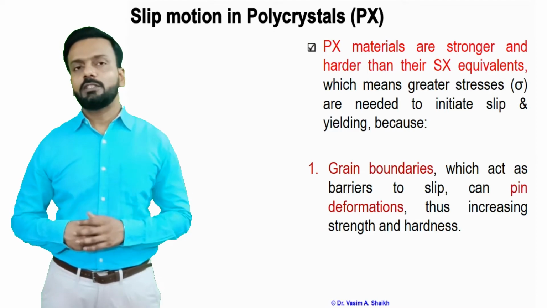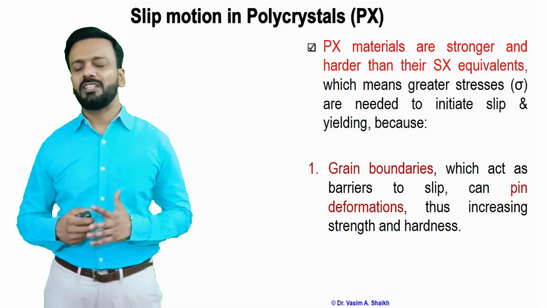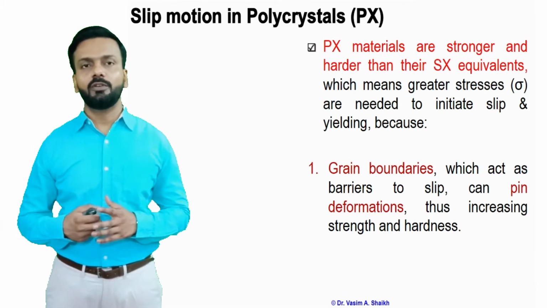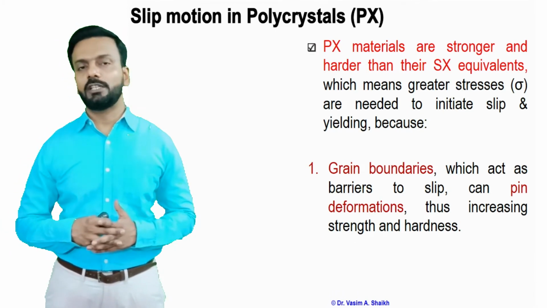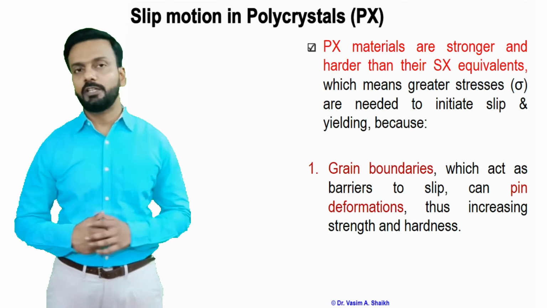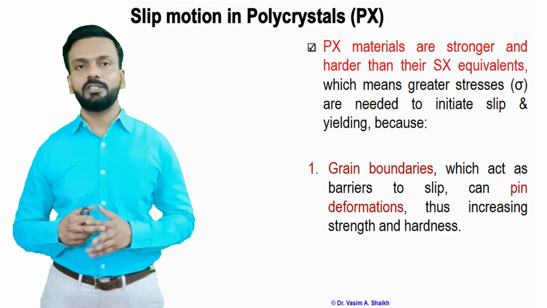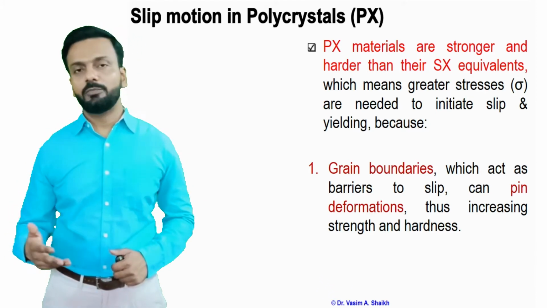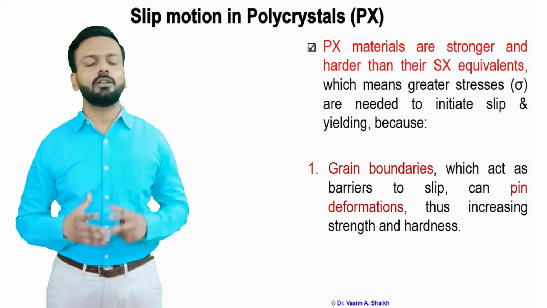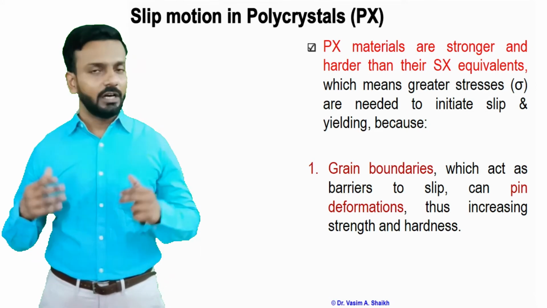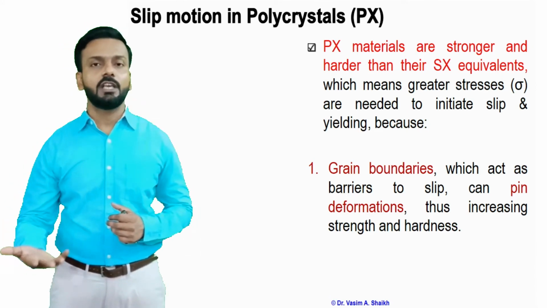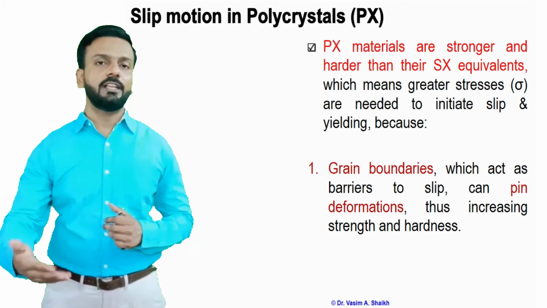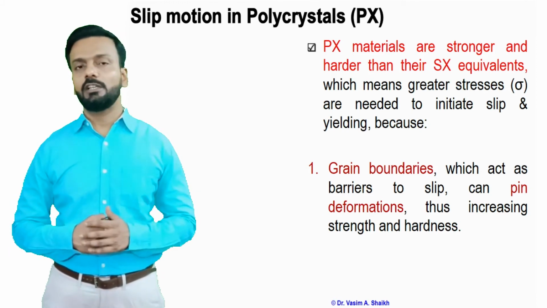Now, the polycrystalline material is generally very strong because of the multiple grains, and because of that it is much stronger than the single crystal equivalent of the same material. Which means we need a greater amount of stress when deforming this material. Because it is polycrystalline, there are a lot of grain boundaries. Grain boundaries are a hindrance to the movement of dislocations, and because of that you cannot deform the material. You have to overcome these grain boundaries, and only then is yielding possible.